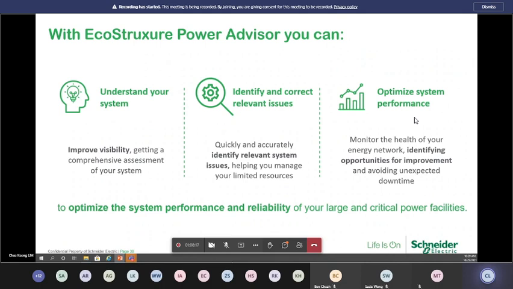So a system should be able to monitor and understand its own health, which today many systems do not. Many systems only tell you that, oh, my heart has been painful for probably some time. But how painful it is, it's not able to tell. This is what we are trying to achieve: understand the systems within the system itself. Identify the correct issues. All right.